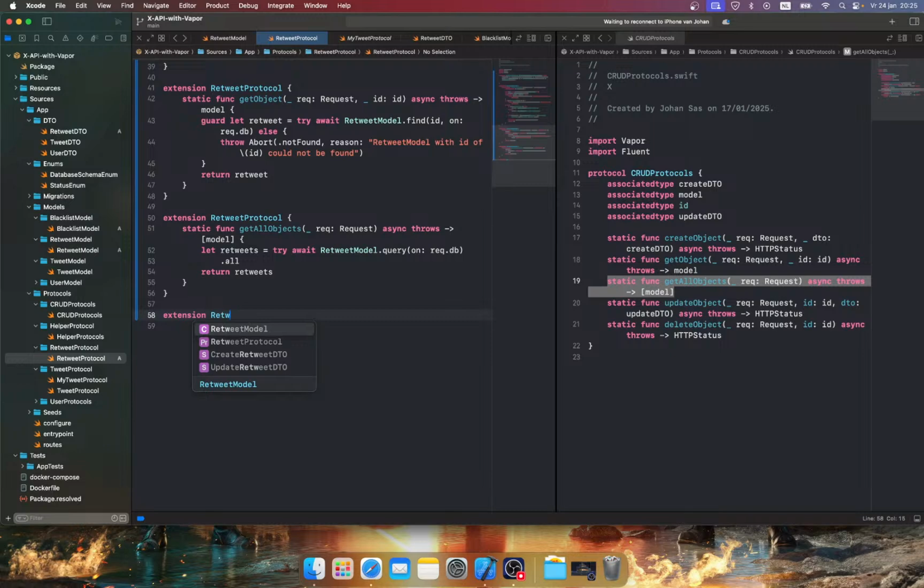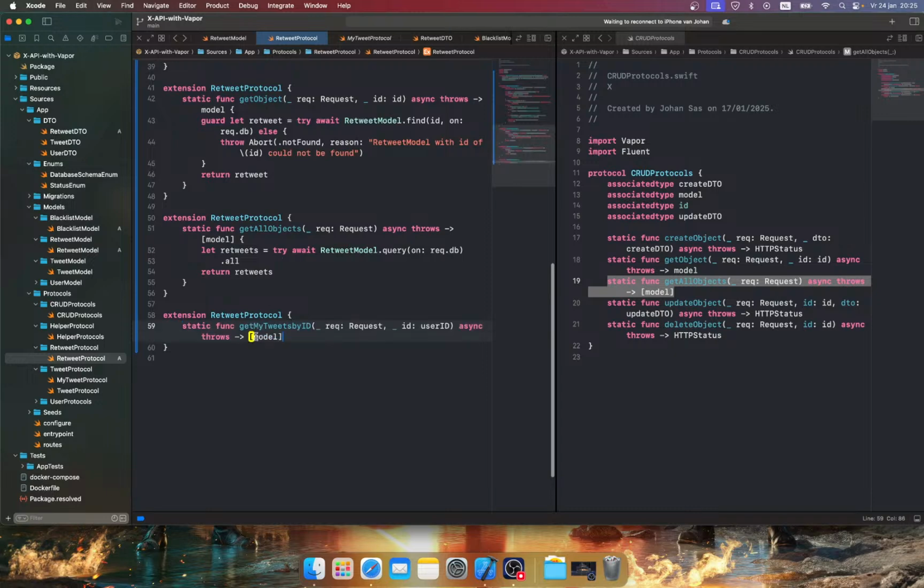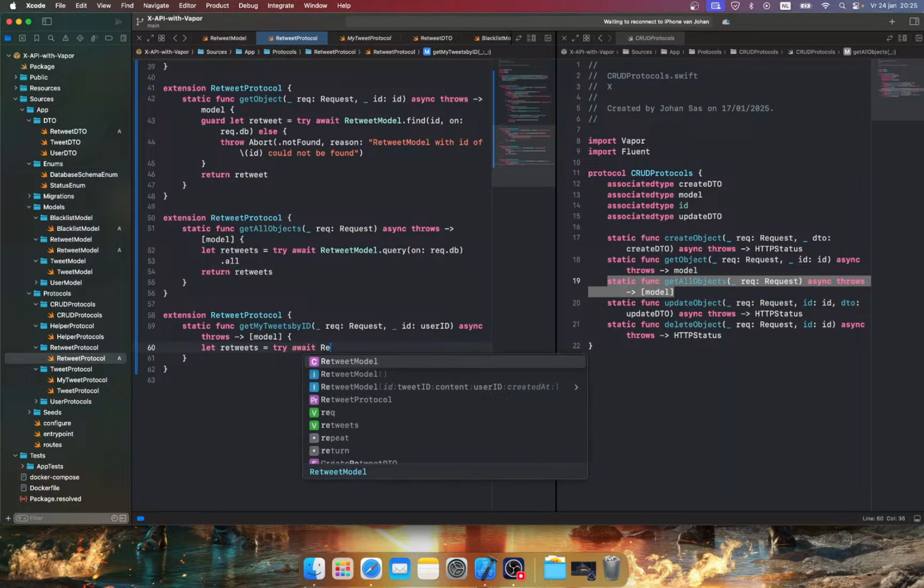Extension of retweet protocol. And then we can take the same, okay, this one. So we can take the same value here. Let's open this. And we can say let retweets is equal to try await retweet model dot query